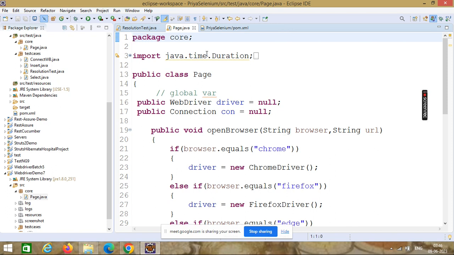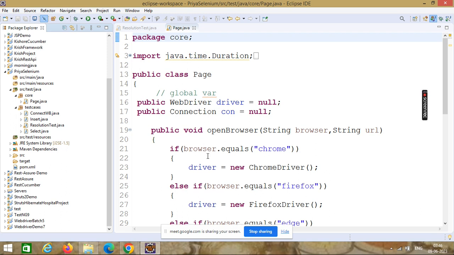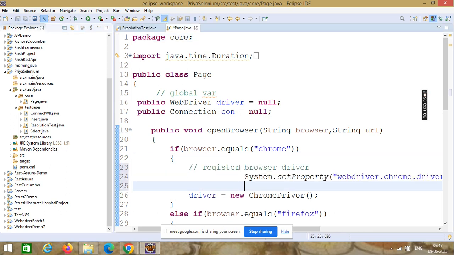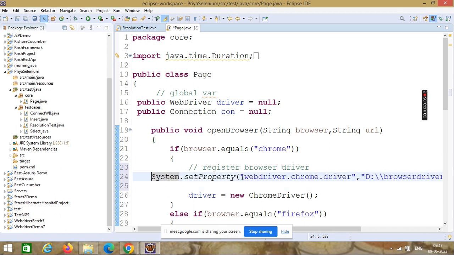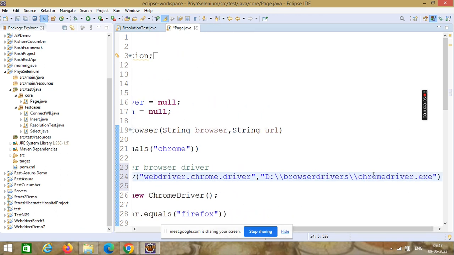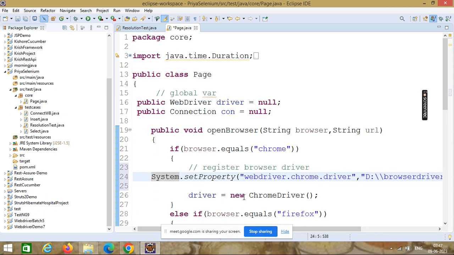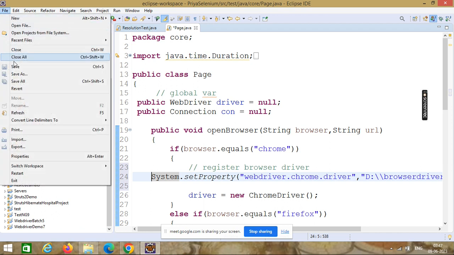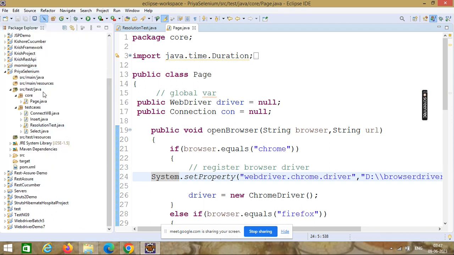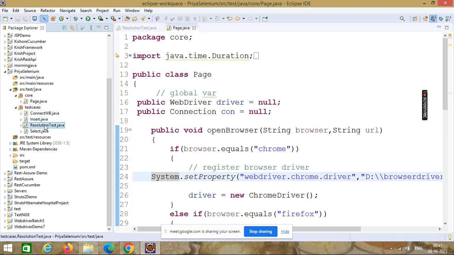So this was needed in the old library. If you use the new latest one, no need to do it. So now here I will write one more line of code, that is system.setProperty, webdriver.chrome.driver and the driver which I have downloaded. Earlier we had to download the driver separately in the old library. Now we don't have to. Now we will just write new ChromeDriver and it will execute the Chrome driver. If you are using the new version, then no need to write this line. So on your machine, work with the new one only. Again I will run this program.